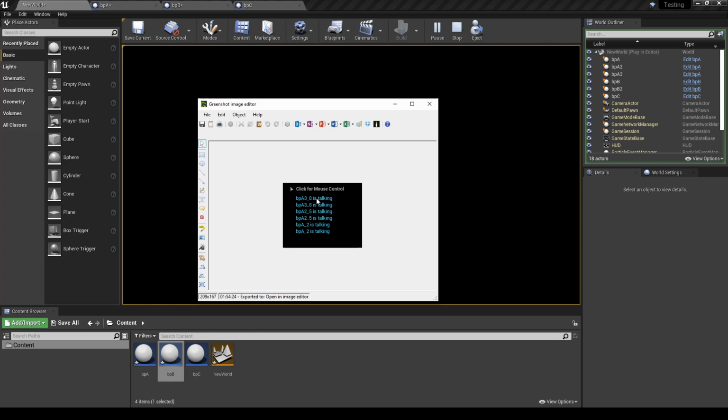So we have Blueprint A 8, which is, I don't know, this one. We have Blueprint A 5, which is this one, and we have Blueprint A 2, which is this one. And all of them are talking to the Blueprint B.